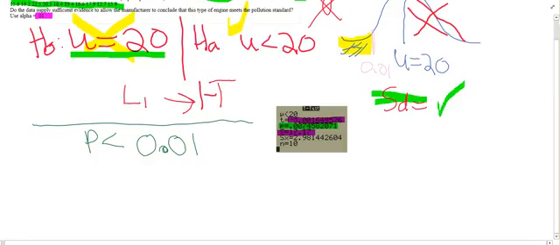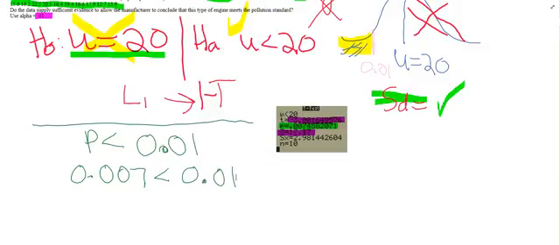So in other words, our probability is 0.007, and that is certainly less than this test point that we've given ourselves of 0.01. So since this is a true statement right here, we are going to reject the null,